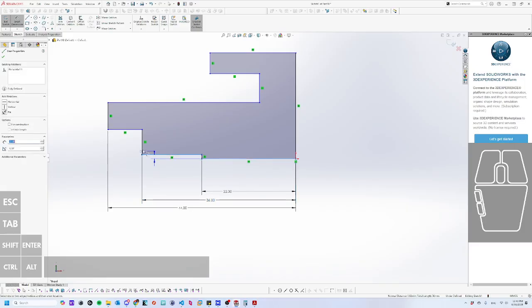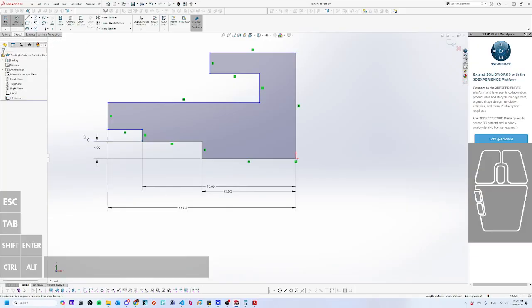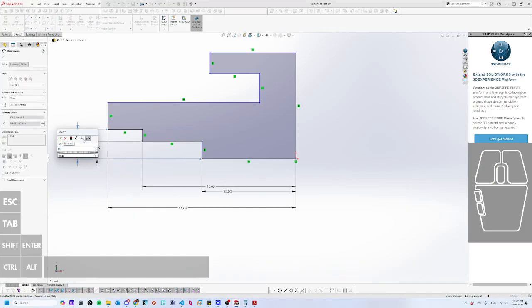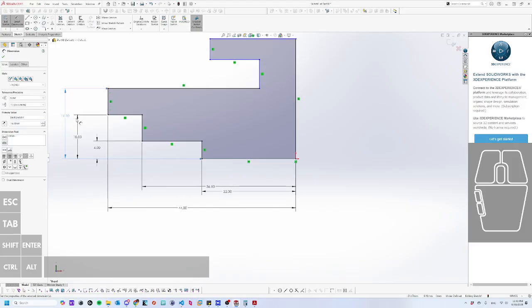From here to here is 4. From there to there is 10. From here to there, 16. And then